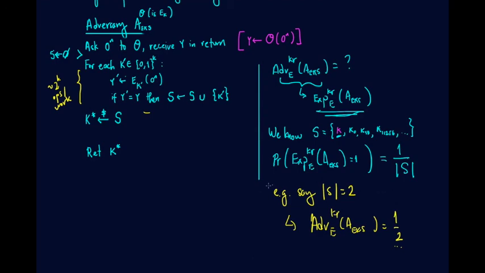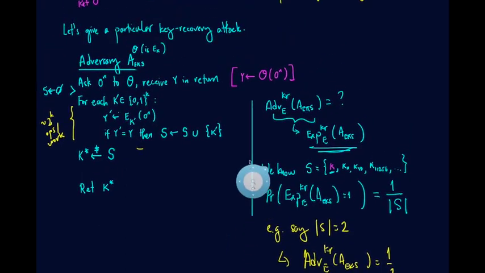There's one more thing I want to do next time, which is to actually try to argue for you that this number will be small. On average, this value will be small, but that's going to require us to do a bit extra work here. And then what I want to do is argue for you that in fact this notion, this key recovery notion